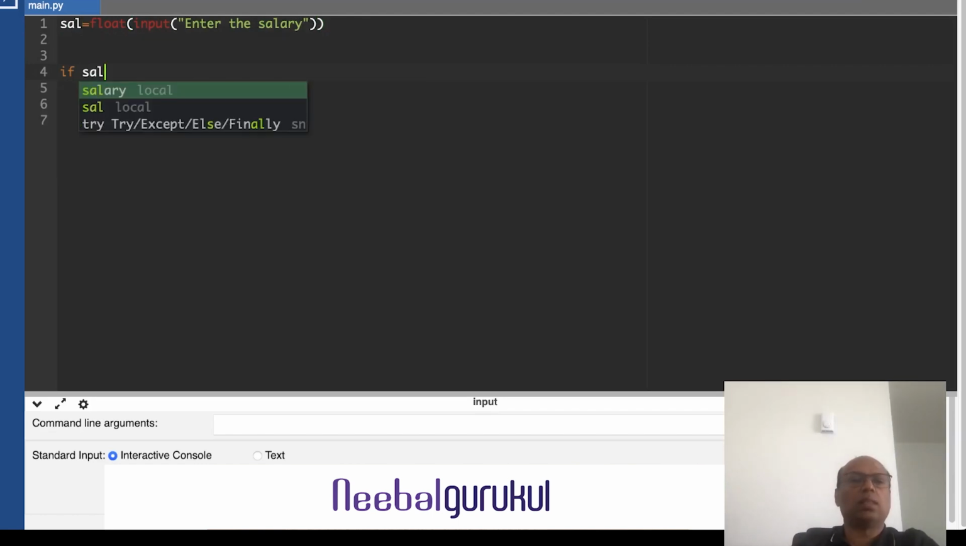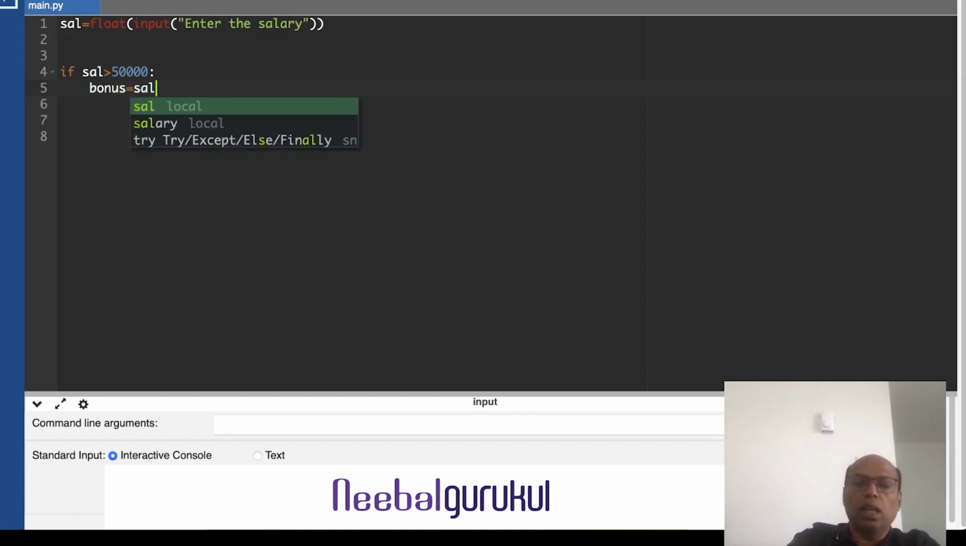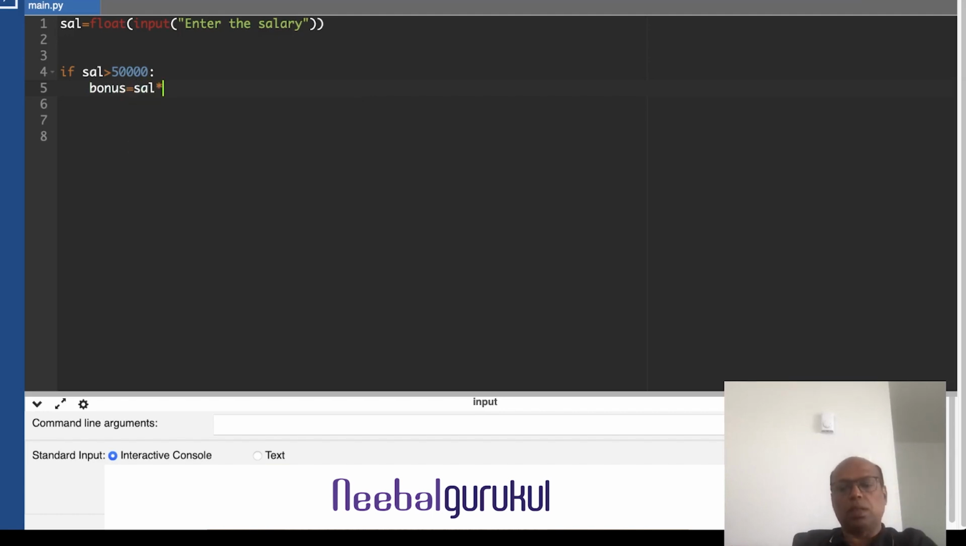If salary is greater than 50,000. You can't put a comma in 50,000, right? Bonus is equal to what should I write? Bonus is equal to salary into how much? 10%, so 0.1. Right? Else,